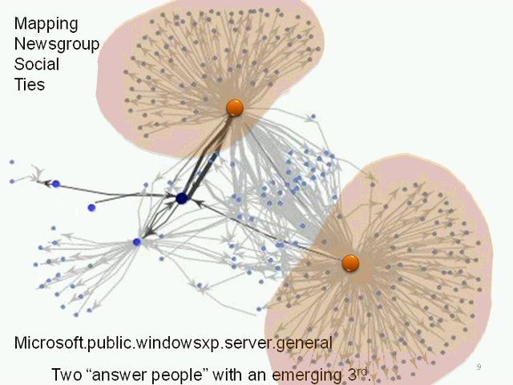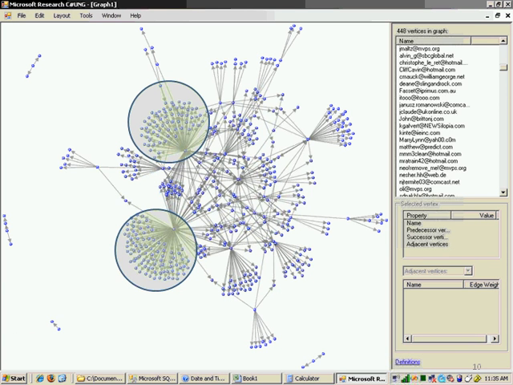So we built this image actually with Jung, and we found that making manipulations and changes to these images was always a challenge. And so we started a project in which we were building a rich client to provide better tools to gain access to this. And you can see here in the next slide another image that shows the answer people. There you can see two highlighted answer people. And you can actually see that there are several others, but these are the top answer people, showing that this is a pattern that is recurrent across many different social media sites.